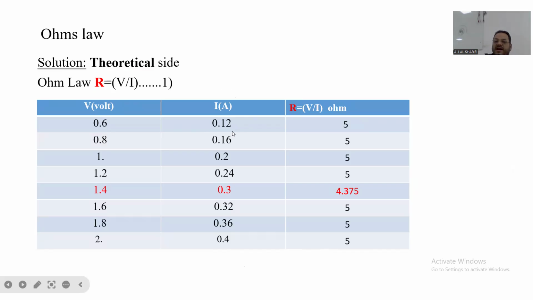Here, on the vertical side, to verify Ohm's law, we take 8 different values of volt from the voltmeter and calculate the current for each one by taking a look at the meter, okay? All of the units are volt here, and ampere here, so that the unit will be ohm. All the results were 5 except this one, because this is a regular point, and we will take a look. We will prove that when we plot the relation between the voltage at the x-axis and current